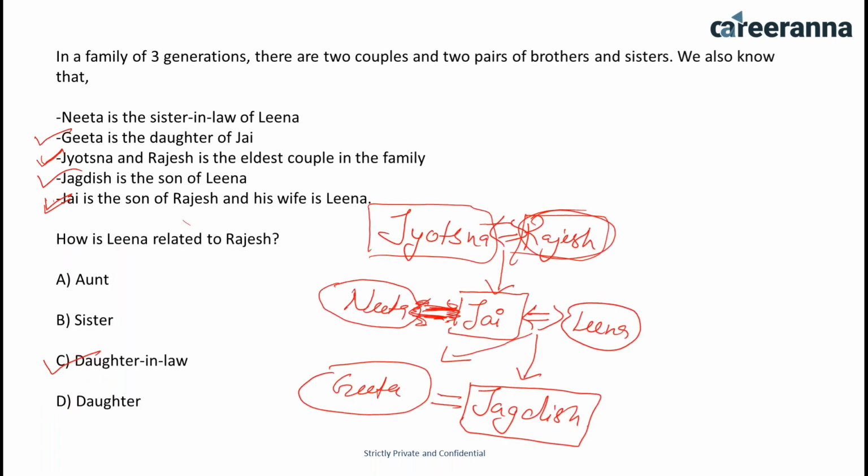See, Anjali, in the data, the question is saying Jyotsna and Rajesh are the eldest couple in the family. But the question is not saying that Jyotsna is a female and Rajesh is the male. Anmol, if you are saying that Rajesh is a boy's name, let me give you an example. Jyot Bhai Panwala. Is this the name of a male or a female candidate? Can you please answer this question?